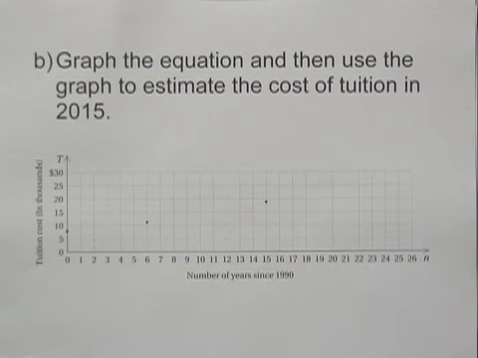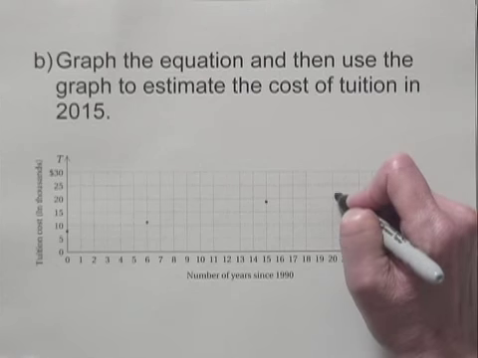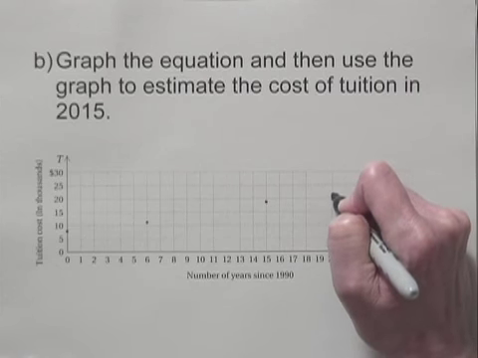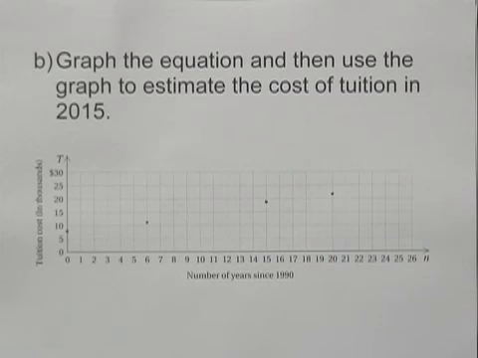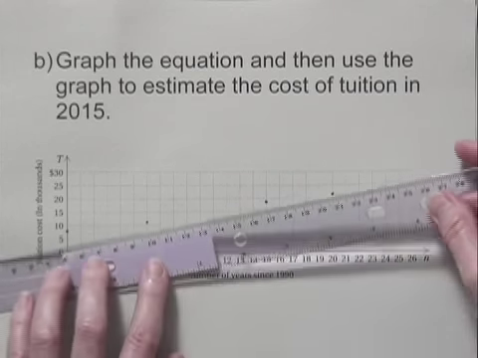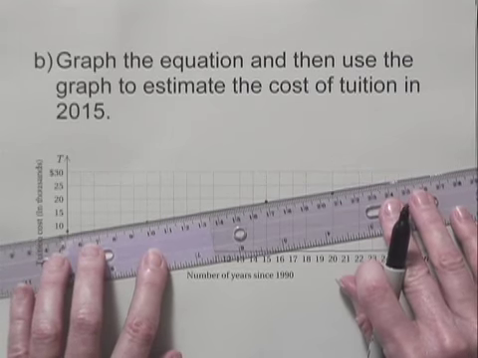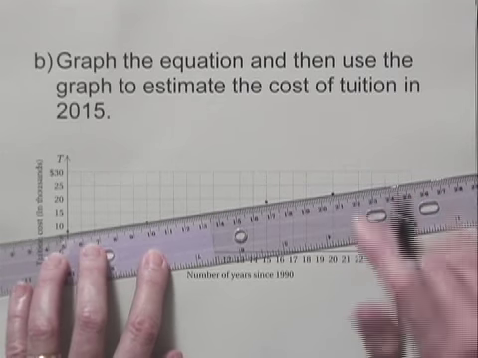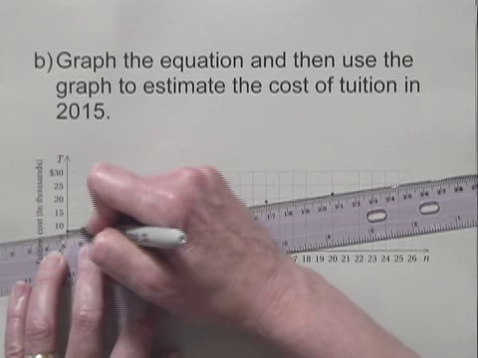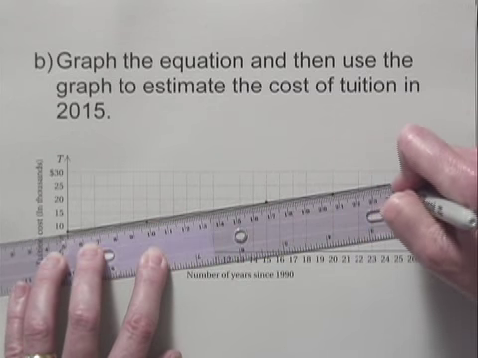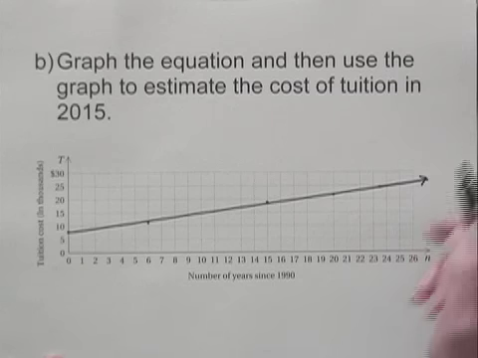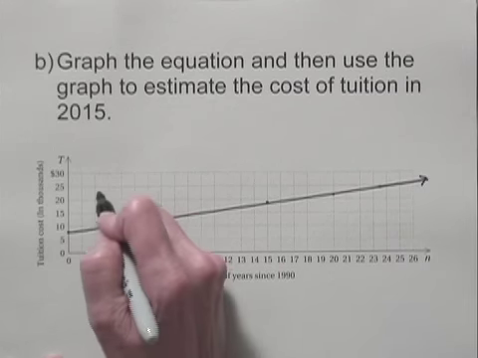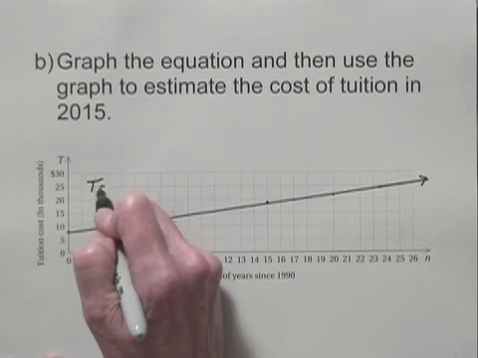And we also found the point 20, 21.8. Now, if I've put these points where they belong, I should be able to connect them with a straight line. And this is the graph of the equation